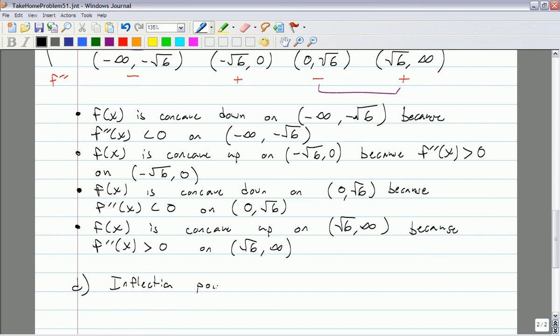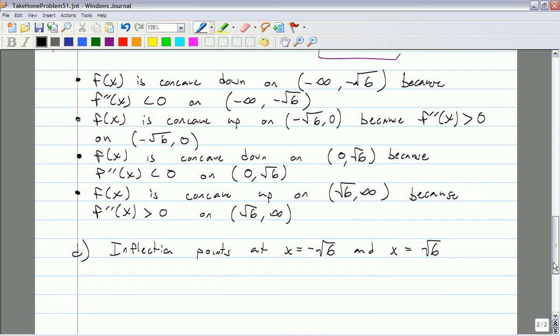Inflection points at x equals negative root 6 and x equals positive root 6. And first off, I'm going to say f of negative root 6 exists, f prime of negative root 6 exists,